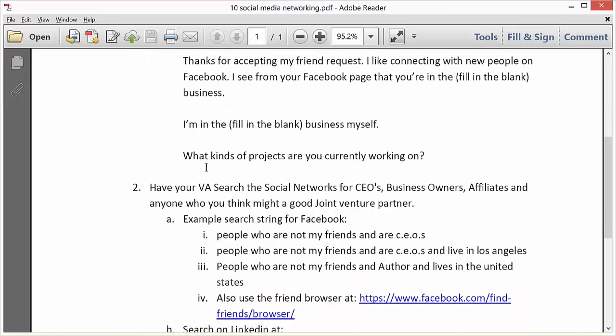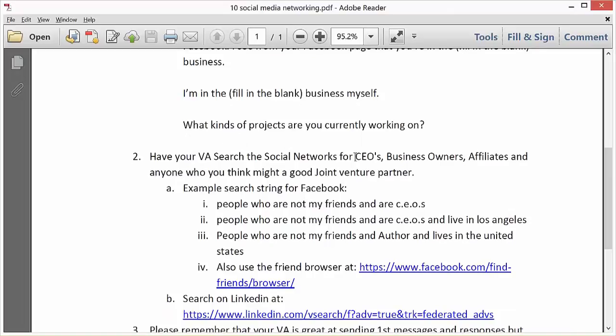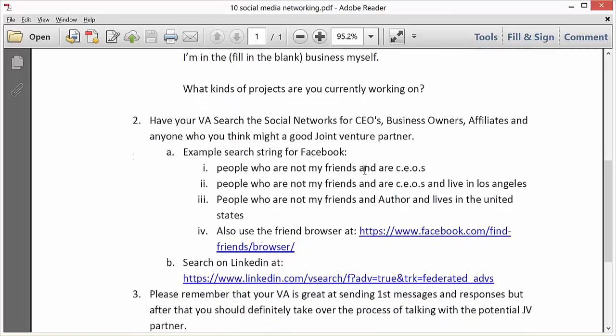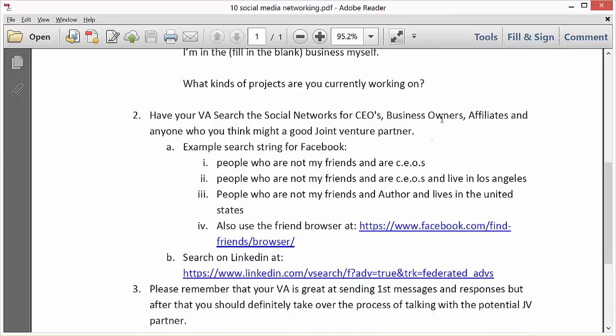So basically you would have your VA search the social networks for CEOs, business owners, affiliates, and anyone who you think might be a good joint venture partner or customer, we could say. Example search strings for Facebook: people who are not my friends and are CEOs; people who are not my friends and are CEOs and live in Los Angeles; people who are not my friends and author and lives in the United States. So let me show you how these work. Let's use this one for an example. I'm just going to copy that